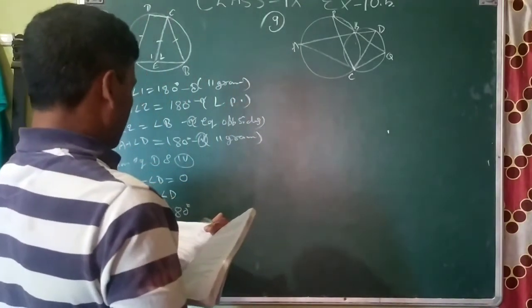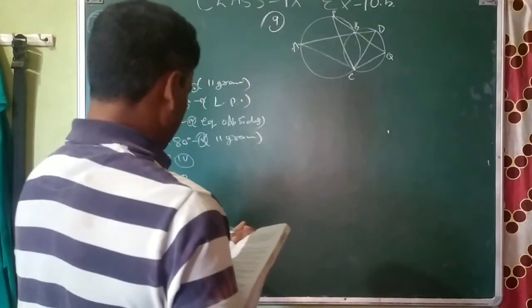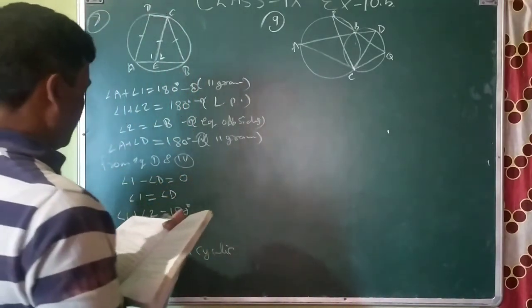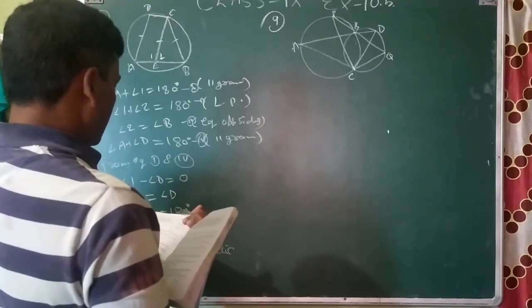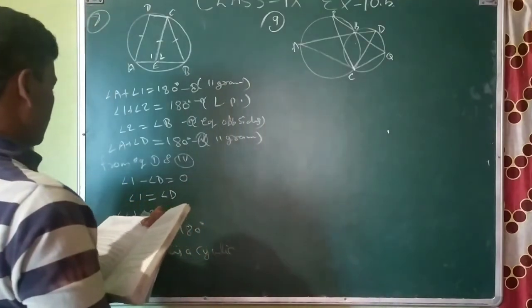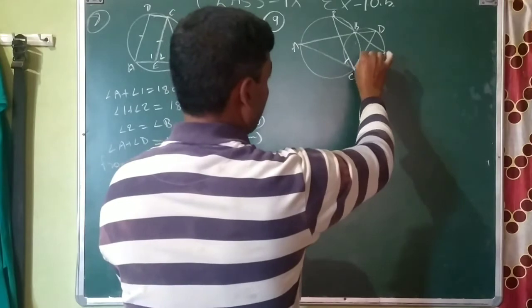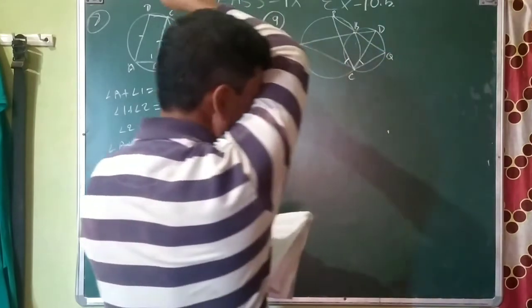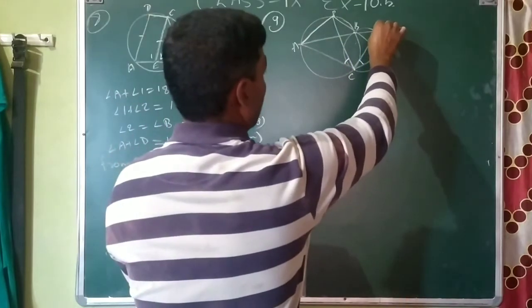Two circles intersect at two points B and C, and through B two line segments ABC are drawn. Now A, B, D and P, B, Q are drawn to intersect the circles at A, D and P, Q respectively. Prove that angle ACP is equal to angle QCB. ACP, this angle is equal to this angle. So first of all we will join that one, and this one also we will join.